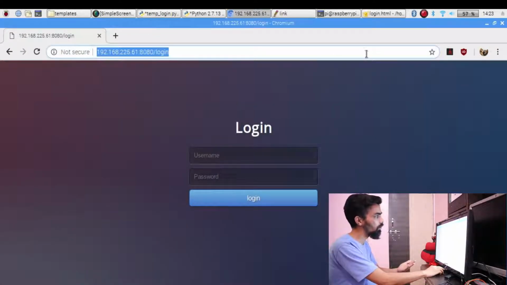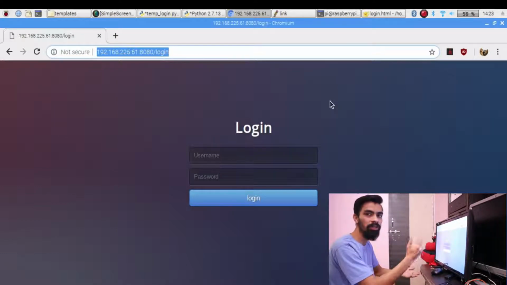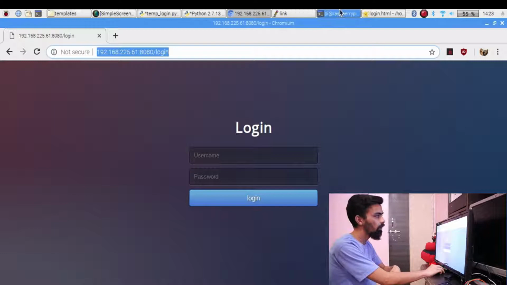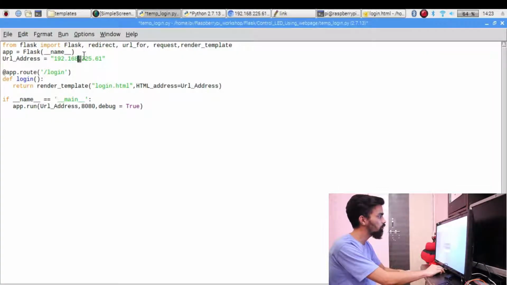login. Let's say you have changed your Wi-Fi connection to another mobile, and the IP address automatically gets changed. So there should be some way in your code so that you pass the IP address only one time, and then this IP address is automatically diverted to all your HTML pages and all your Python code.